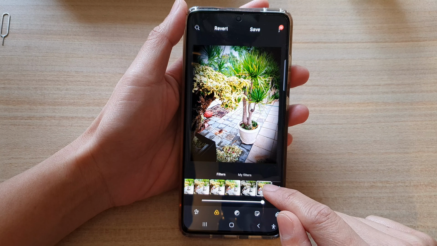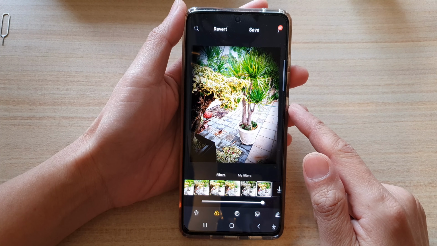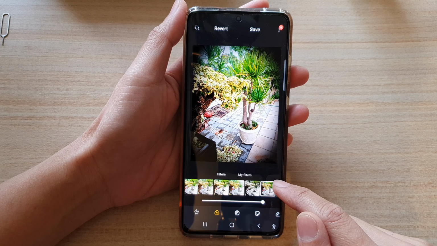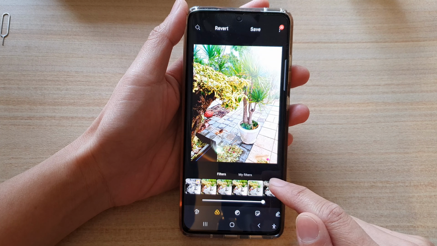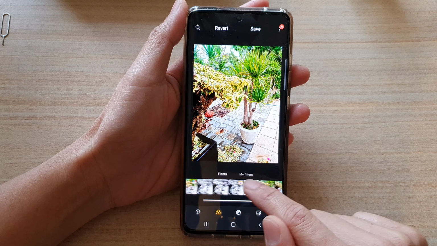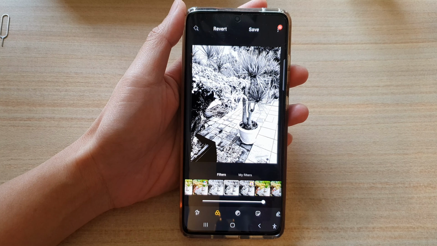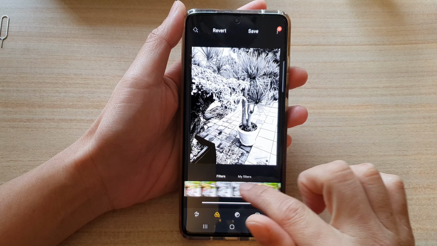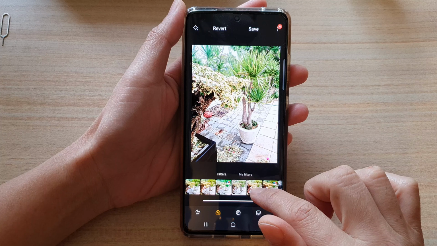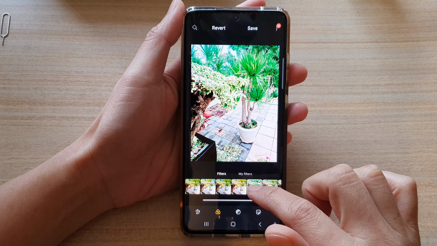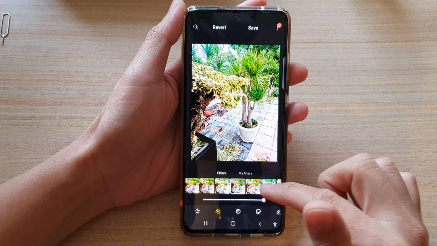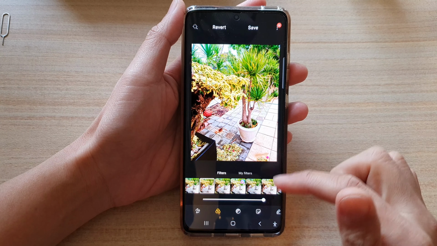Now tap on the filters that you would like to apply to your image. So we've got cartoon, vignette, light flare, and so on. You got black and white. Then you got soft, faded, ivory, blossom. So just select one of the filters to apply it on your image and then tap on